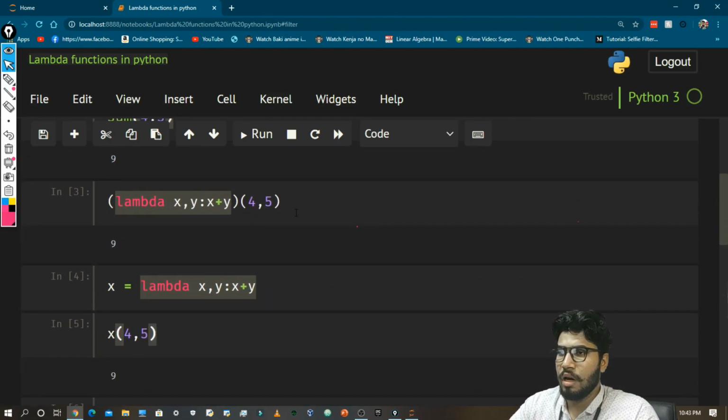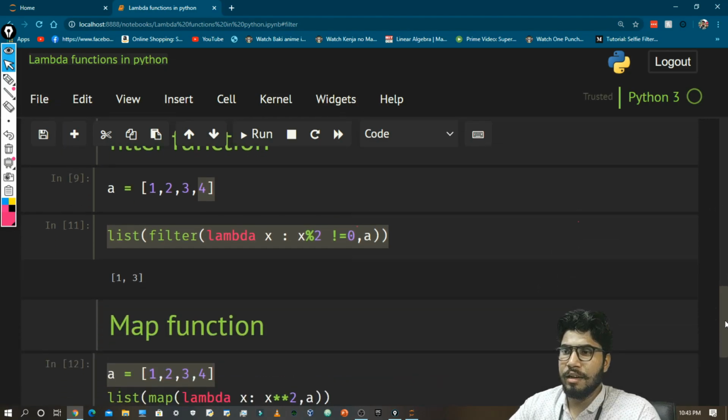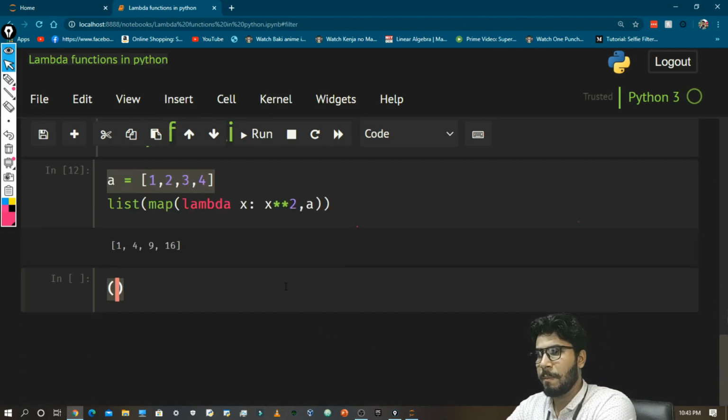Here we saw how you can run lambda functions in two ways. Mostly people use lambda functions like this, but you can also run them like this. After that we talked about the filter function, which is used to filter out specific numbers from a whole set of numbers, and we saw its syntax. Basically, the filter function and the map function both accept 2 parameters.